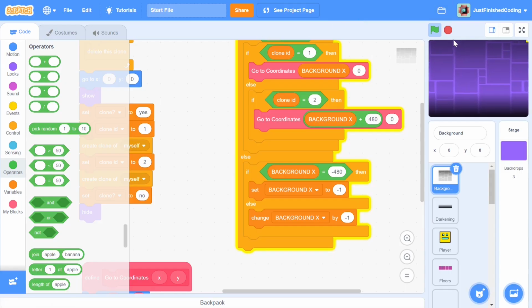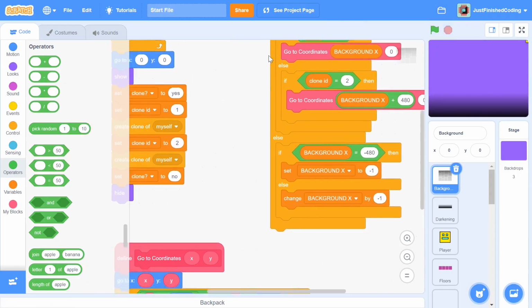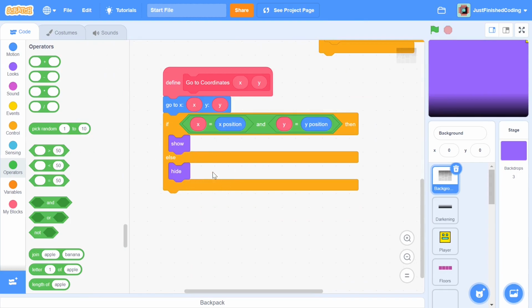Now I'm not sure if you caught that at the beginning, but when we press the green flag, you can start to see that this little bug pops up on the right hand corner. And that's because of a simple reason. Since we're having this in place, what the Scratch editor is doing is it's checking if the X and Y positions are the same as what we entered in, and it's declaring them not until this background moves up a little bit. And you can see that with the player.